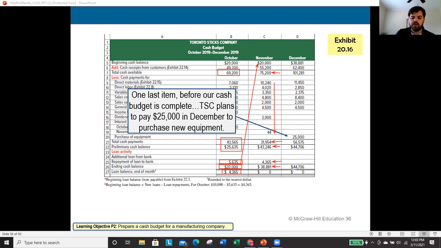What I would like to see in practice is this $38,881 be split out, where $20,000 would actually remain in cash and the other $18,000 would be used to buy something like short-term securities to actually get that money earning something for me. My cash just sitting in the bank really isn't doing much for me, so I wouldn't want this balance this high. But in this case, we don't have a policy telling us anything to do after we've paid off those loans, so we'll just leave this. At this point now, that $38,881 will then become my beginning balance in December.